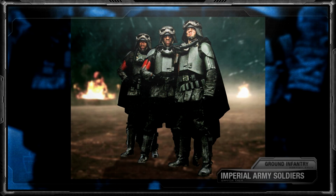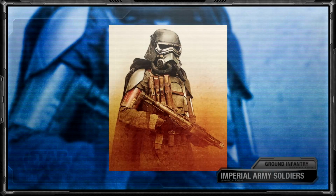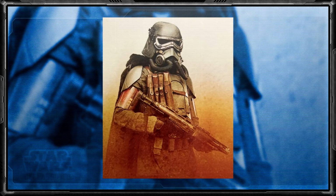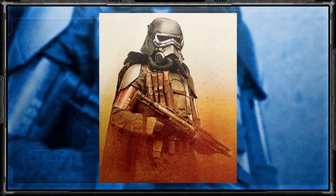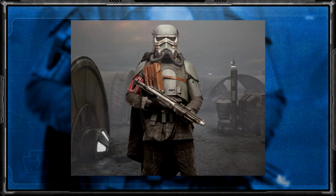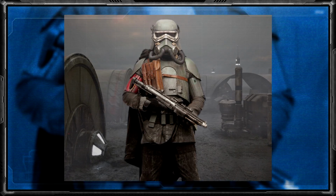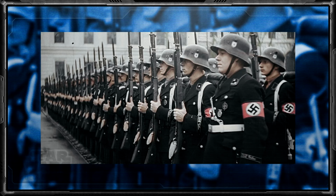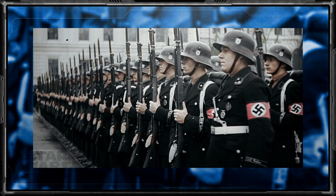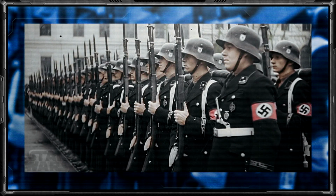Armed to the teeth, army soldiers had access to an extensive arsenal, which included the E-10, E-11, and E-22 blasters, SX-21 scatter blasters, DLT-19 heavy blaster rifles, and sidearms such as the EC-17 holdout blaster. It should also be pointed out that the Imperial Army soldier design itself takes inspiration from the World War II German uniform, all the way down to the red Nazi armband in order to symbolize how planetary defense forces viewed